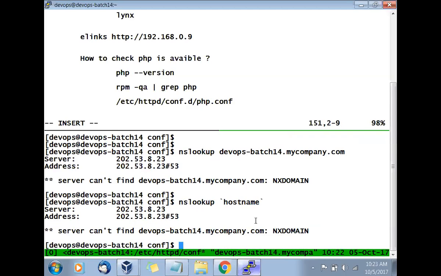So I know how to get the host name. I have passed that host name command with the backtick. Instead of typing the whole name, I said, hey, take the name, but it is not able to find it. Correct, so DNS is failing. Now, whenever you don't have DNS, you have to go with one file, which is the /etc/hosts file. So you'll go with sudo vi /etc/hosts.